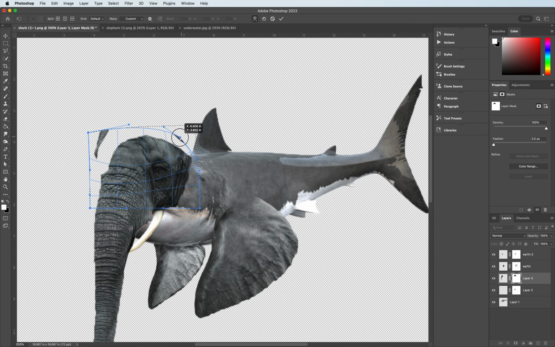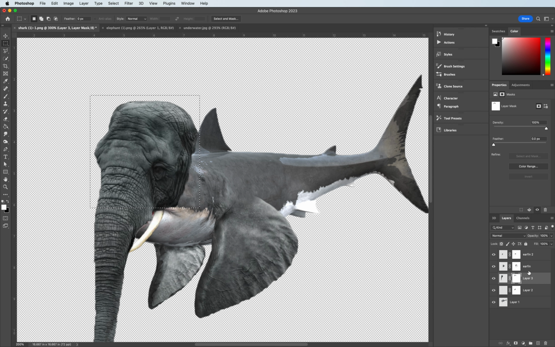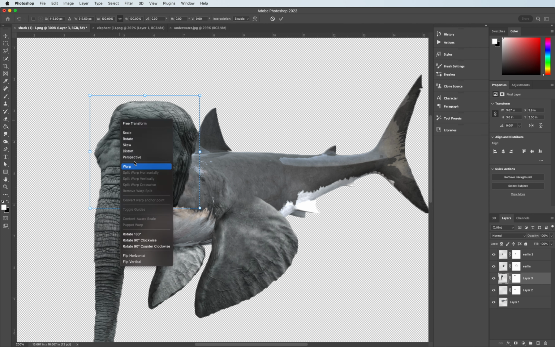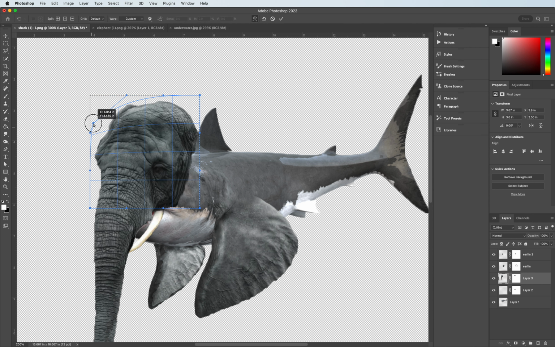So what's happening right now is that I'm on the layer mask, and it's creating a couple of issues. So I'm just going to hit escape. I'm going to go back and make sure that I'm on the actual image. I can hit Command T, bring up the transform, right click and hit warp. Then now when I start to manipulate it,